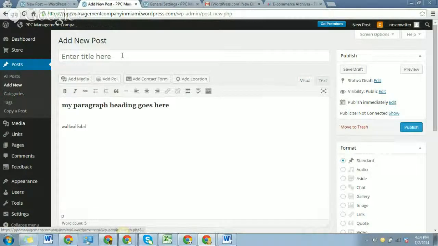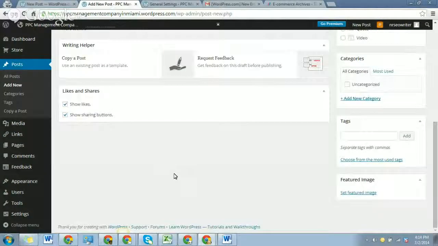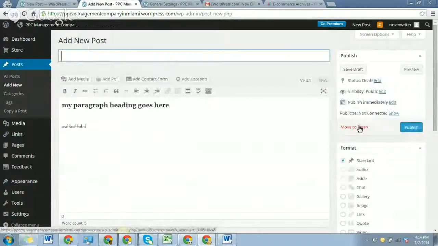So paragraph headings, titles need to be very well constructed. You need to add the most important keywords in the paragraph headings, and the title needs to be the most important keyword. And that, for the most part, covers all of it. If you can just go ahead and make sure to follow all these best practices, and you'll be good to go. Next, I'm going to show you guys how to create a Tumblr free website, which is very similar to